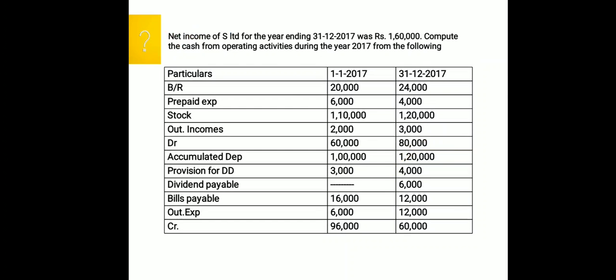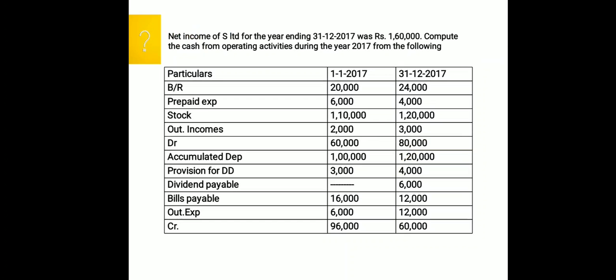Now moving towards the next question of the day. So I've taken one more question here. Same thing, we need to calculate cash from operating activities, nothing new. So just quickly we will again recheck. So bills receivable, that is your current asset. Okay, so we need to check whether it is increasing or decreasing, and if it is increasing, then we have to deduct.